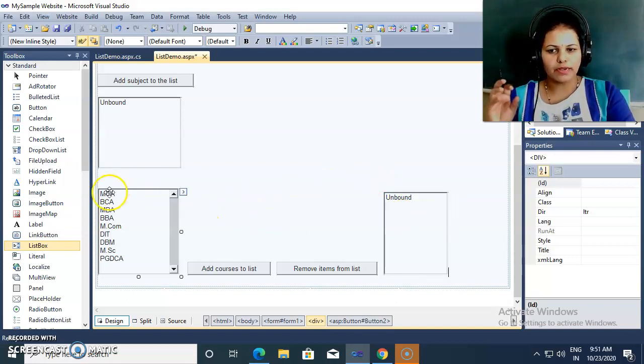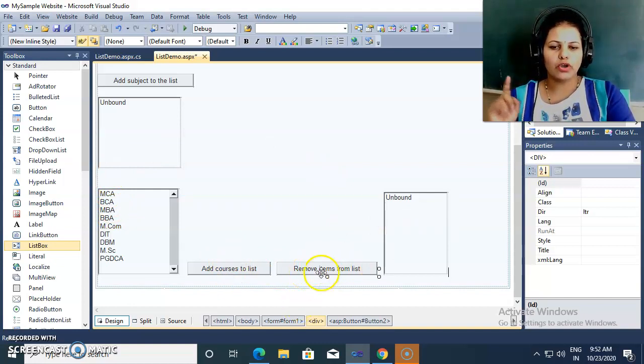If that particular course is unselected, then we do nothing and go towards the next item. If it is checked, then only we add that item's text property inside this list box. So this is the logic behind this button.